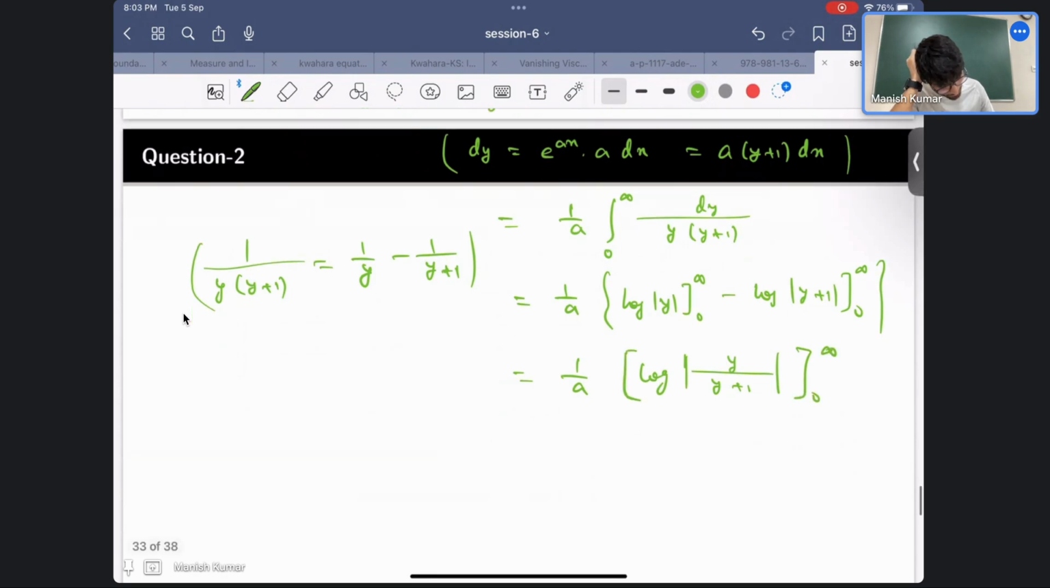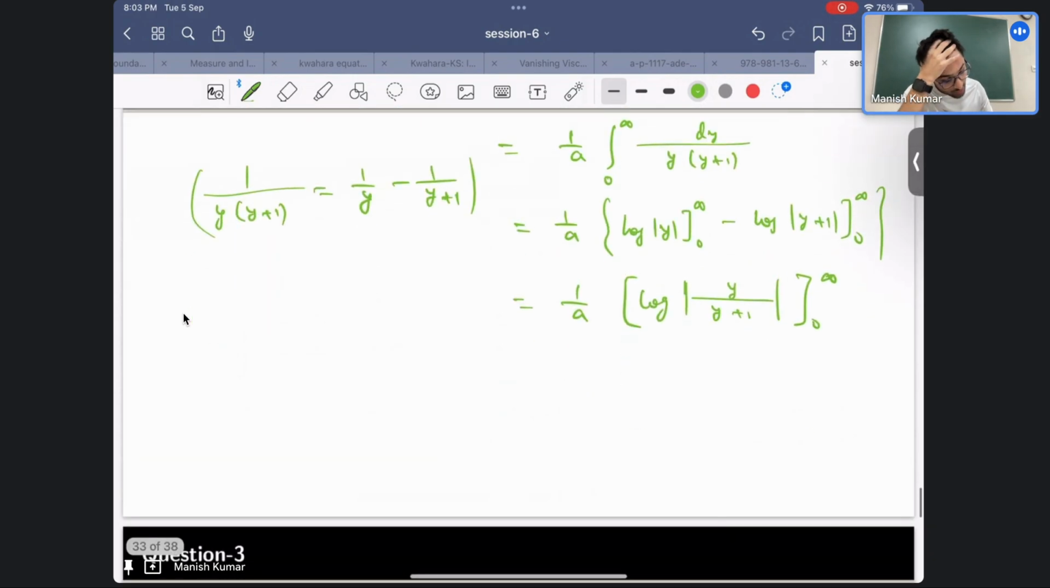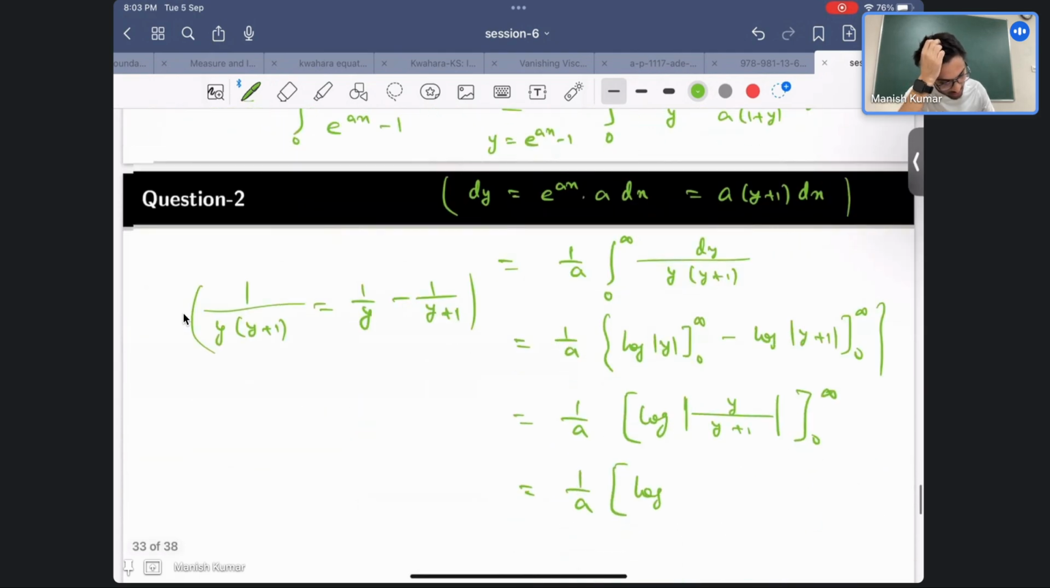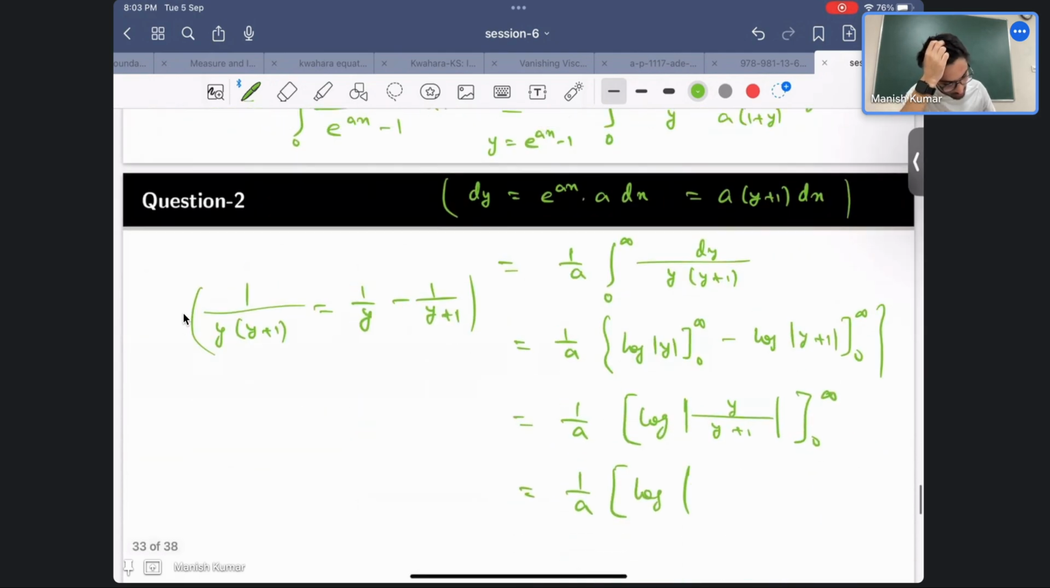Okay, so for the infinity case, let me first substitute this x thing. What was y? y was e^(ax) minus 1, right? So it's e^(ax) minus 1. We can remove the mod because y is in (0, infinity), so it's positive. And here y plus 1 is e^(ax), right? And again the limit will be the same, 0 to infinity